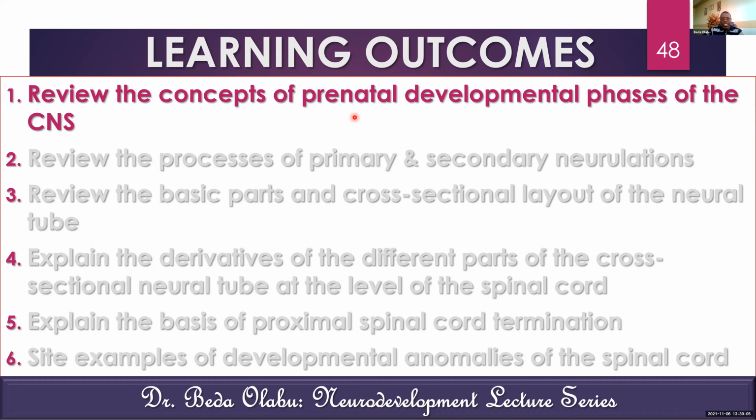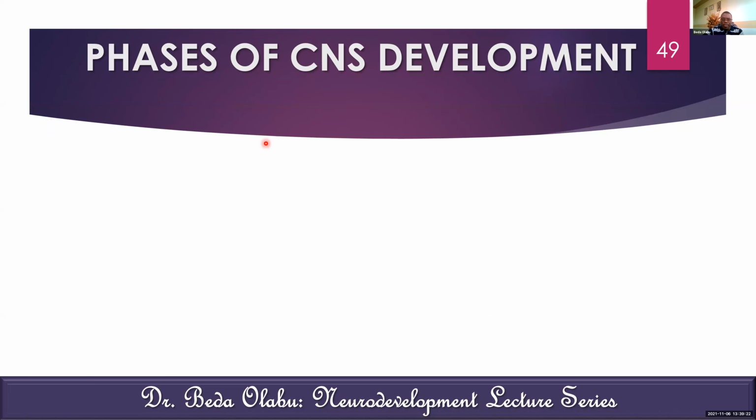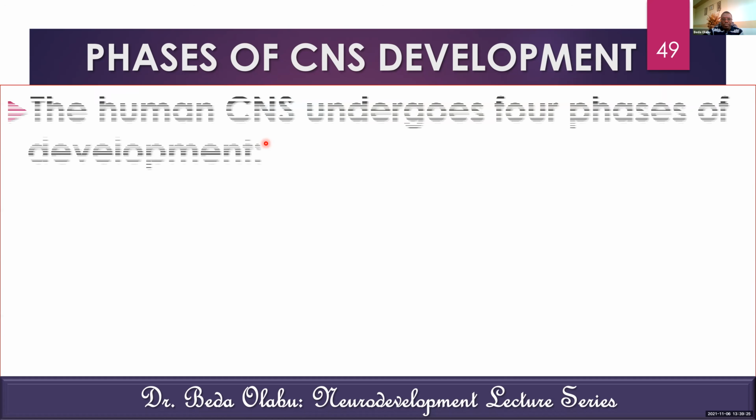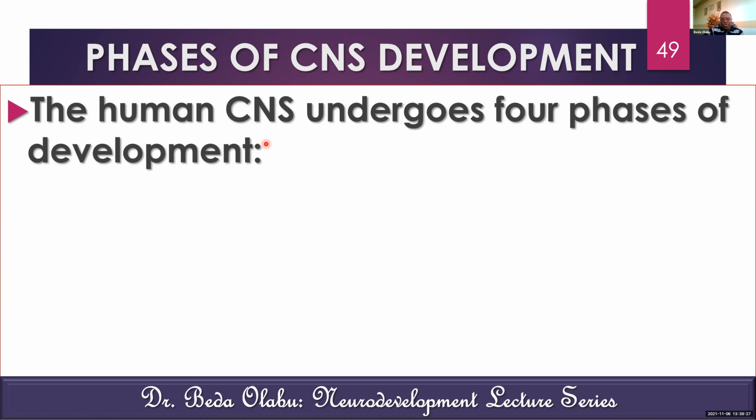So without wasting time, we can look at the first agenda, which is to review the concepts of prenatal developmental phases of the central nervous system. The central nervous system is described to develop in 4 phases. Some of these phases may overlap, but the events that take place are very characteristic and unique,